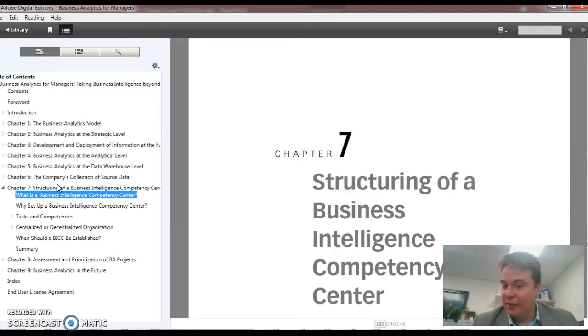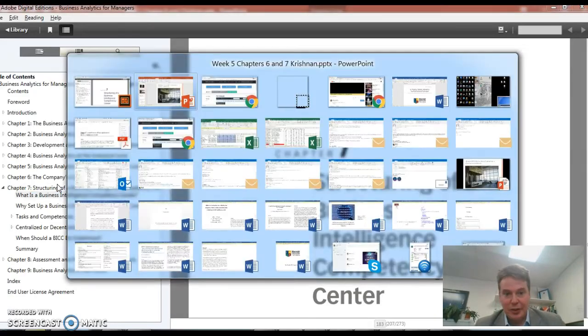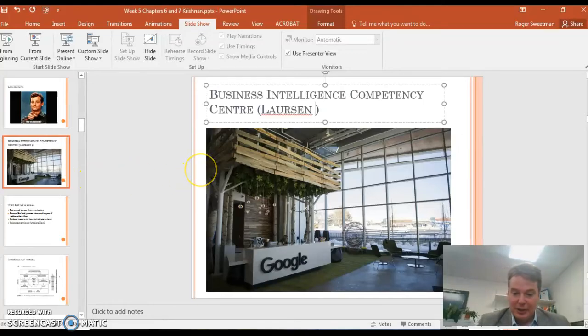So there's a lot of high level stuff on the purpose of bringing together your business analytics into a single function and how you structure it. And this is important from a strategic perspective, from a management perspective. So bearing in mind this is a business analytics course that focuses on business, the nitty gritty of how we actually do the data is important, but it's really important to relate it back to the business and the strategy. So if we just go back and change that back to 7 again,